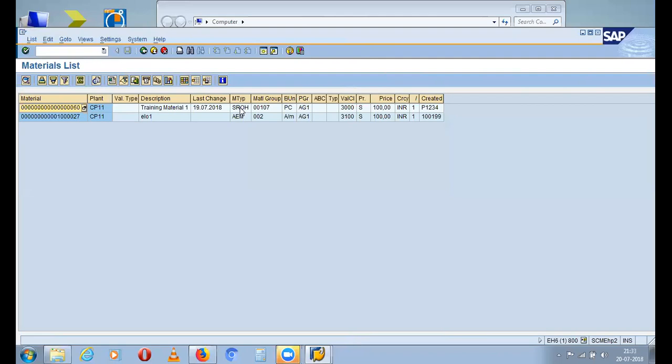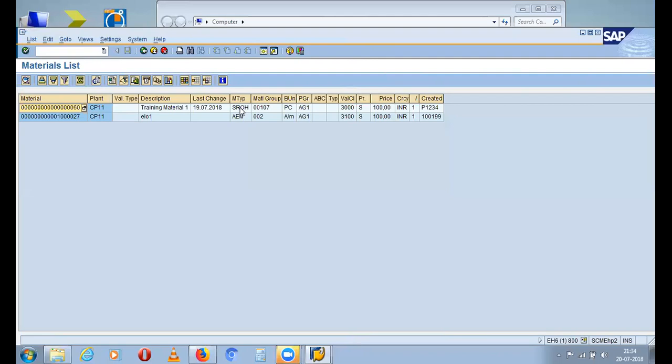So that is the reason you can try out with different material types. But I can't assure you if it will be working fine while you are doing purchase order and goods receipt. Again, I'll have to sit and do configurations if at all you come across errors. To be on the safer side, I have checked the different material types.